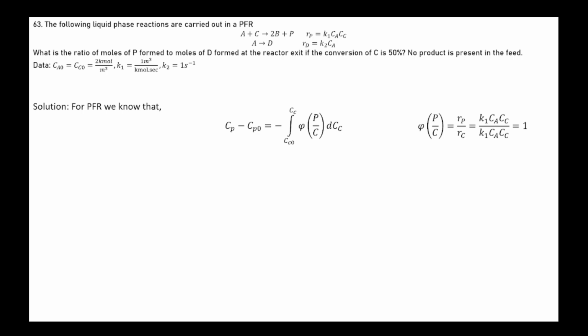In most cases we deal with A, but here we are dealing with C. So RP upon RC will be the yield, sorry, not selectivity, the yield. Because selectivity is with respect to two products, like if we have two products P and D, then we will find selectivity. Here it is yield, product with respect to the reactant. So K1 CA CC over K1 CA CC, so it is 1. Now, putting this value in the equation,